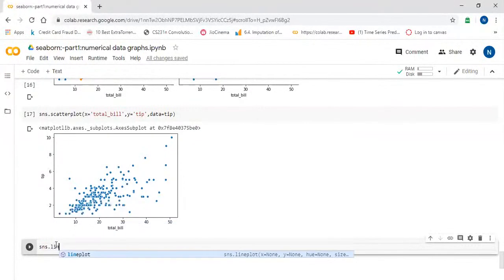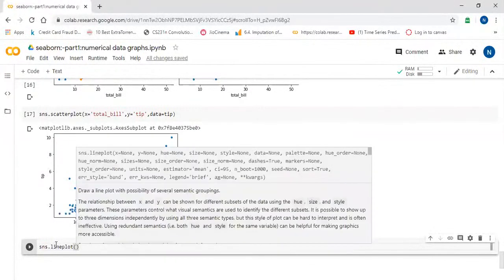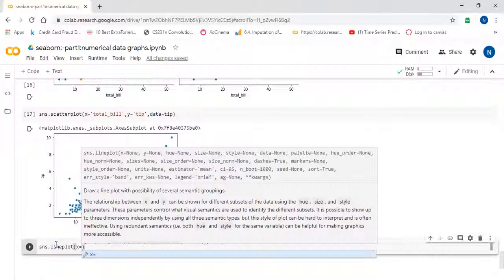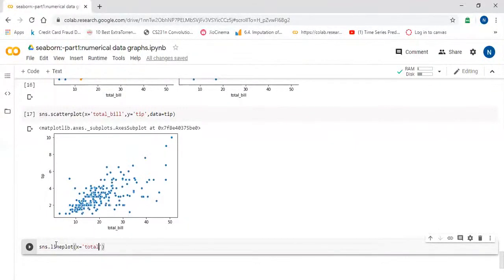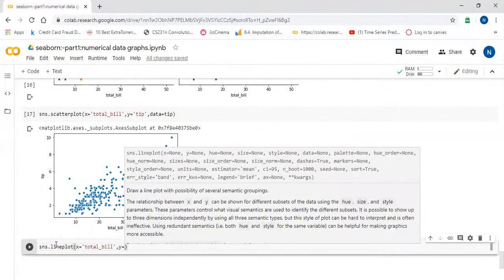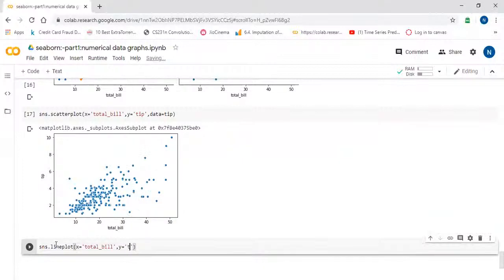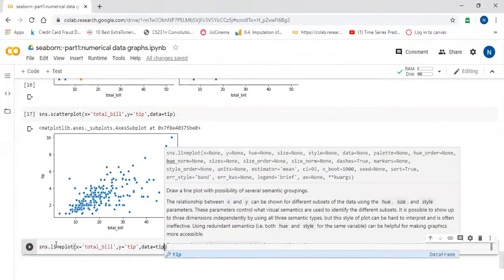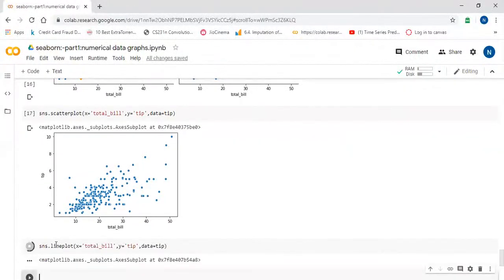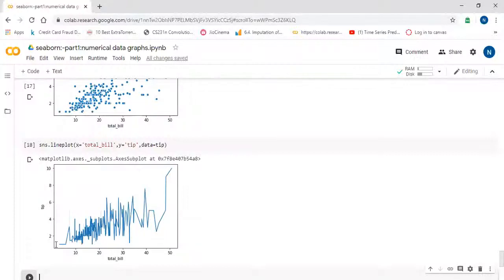sns.lineplot, x is equal to total_bill, comma y is equal to tip, and data is equal to tips. It is the same line plot we discussed earlier. By using relplot, most of the functionalities will be covered.